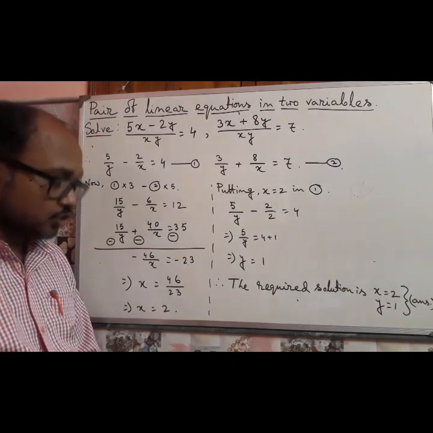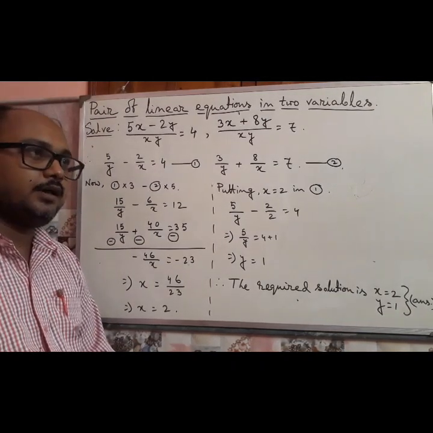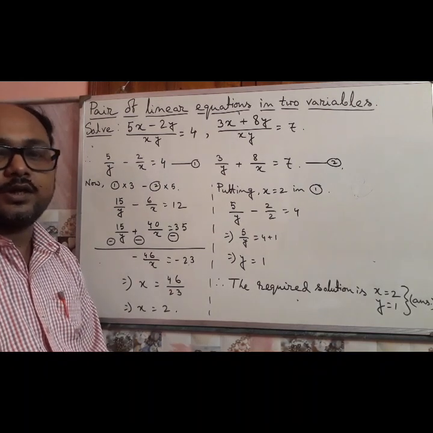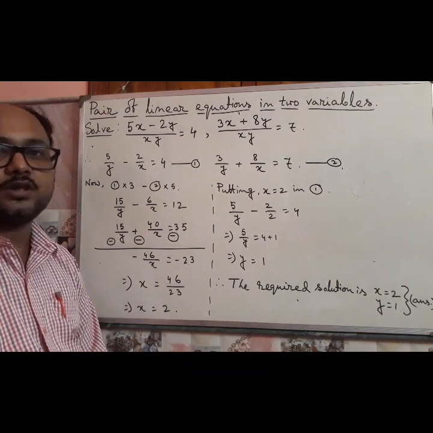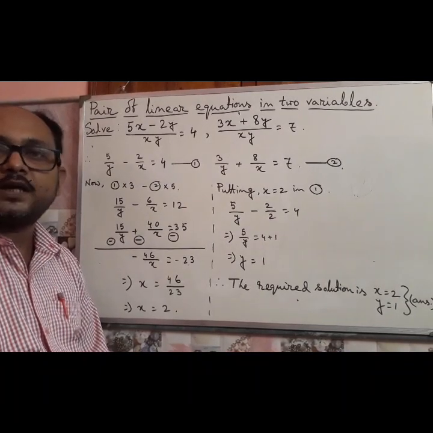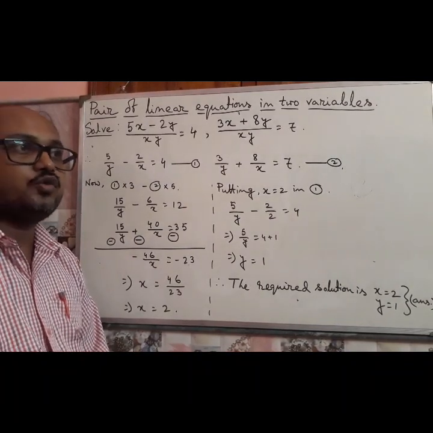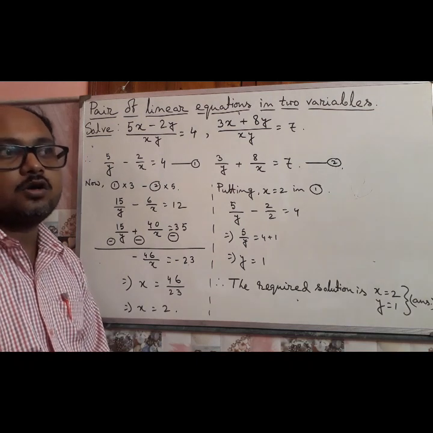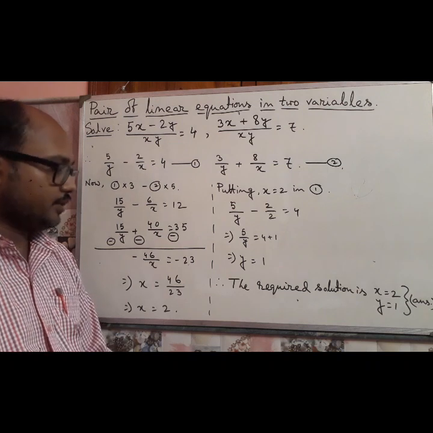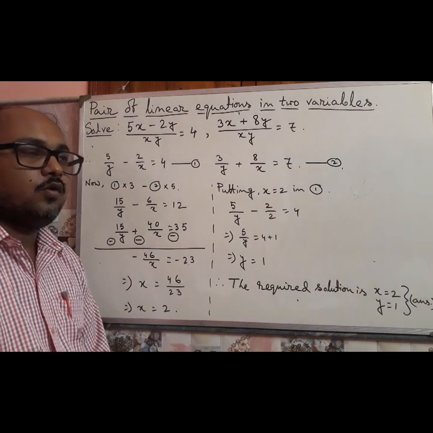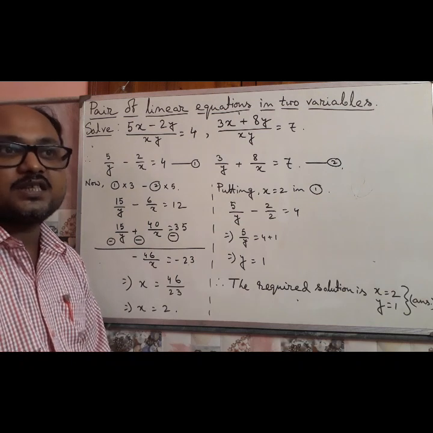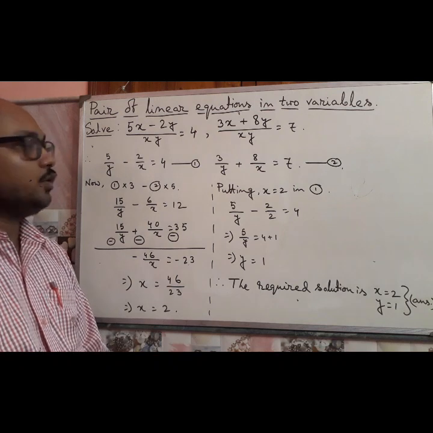In the previous videos of class 10 we already learned the process to solve linear equations in two variables, pairs of linear equations in two variables, that is the substitution method, cross multiplication method, and elimination method. Also we learned the conditions for consistent and inconsistent pairs of linear equations. In this video we shall discuss some problems of linear equations having two variables.